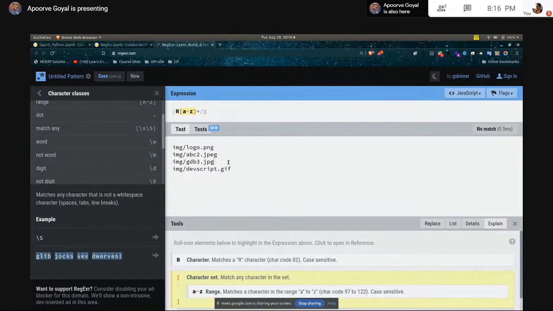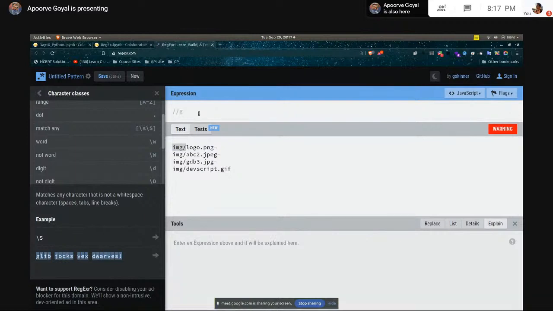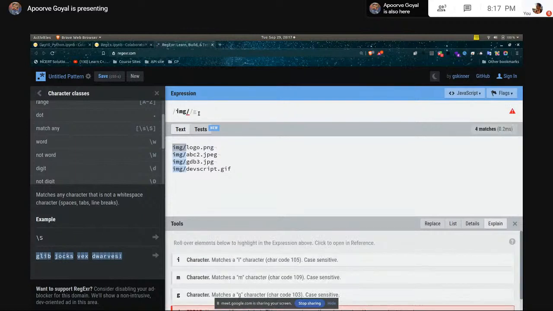So why not think like a regex person? Now you know about regex, so how will you think? You will see that I have something in common here. What are you waiting for? Just write image slash img slash, and see, it highlights img slash since it is common in all of these